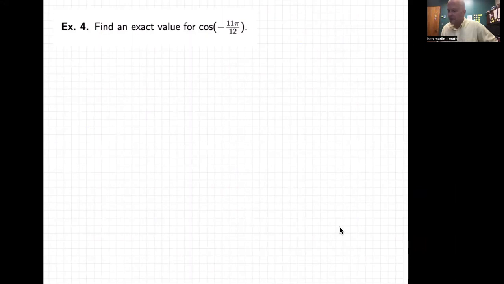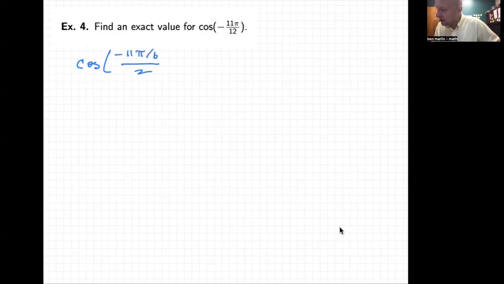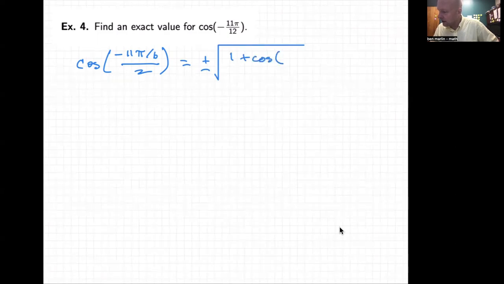Anyhow, I'm going to write down here that we're doing the cosine of negative 11 pi over 6 divided by 2, just multiplied by 2 to get that top. And this is equal to plus or minus the square root of 1 plus the cosine of negative 11 pi over 6